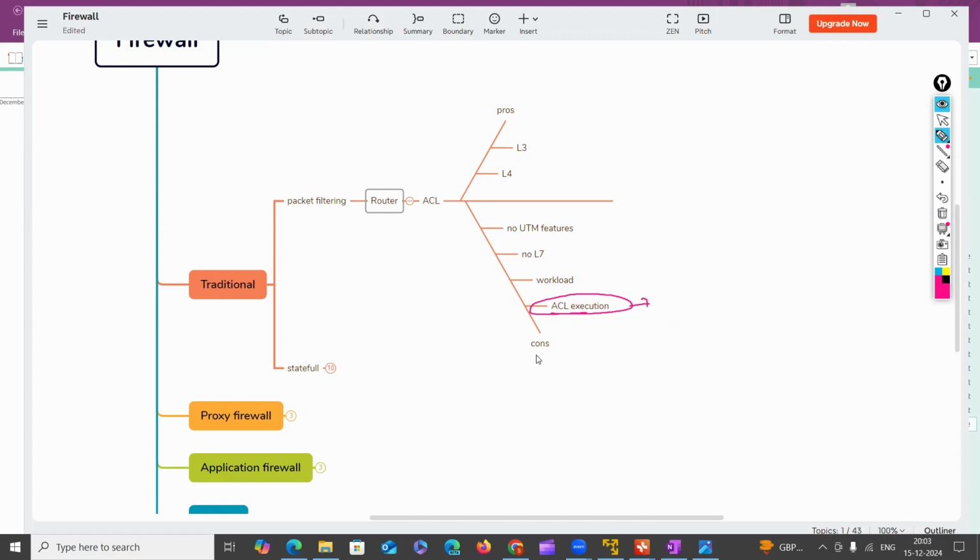It's because there is no record maintained by that device. This session is already authenticated, this traffic is already authenticated, but there is no such information, so your router will keep on executing the ACLs for each and every IP packet. Because of that, workload will happen, and by using this packet filtering firewall you can allow or deny the